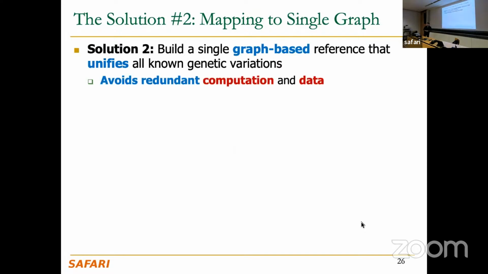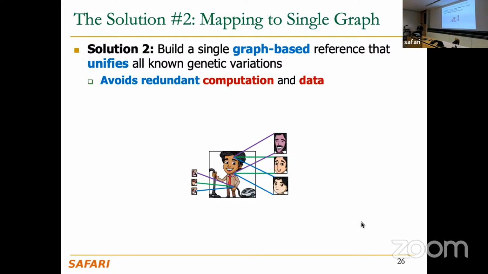The second solution would be the use of graphs. The intuition behind it is that if you are mapping your read to a human, humans are highly similar to each other; the DNA content of humans is highly similar. This means that there is a huge amount of data that is redundant or similar across individuals. And you don't want to copy that information or redo the computation for these similar regions. So a graph structure can easily recognize this redundancy, this similarity, and it can also give you an efficient way of